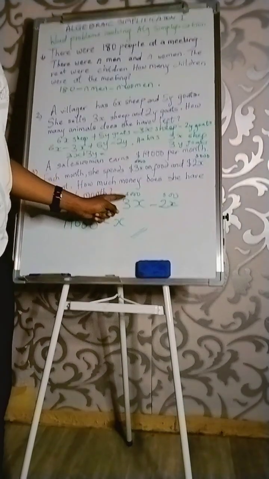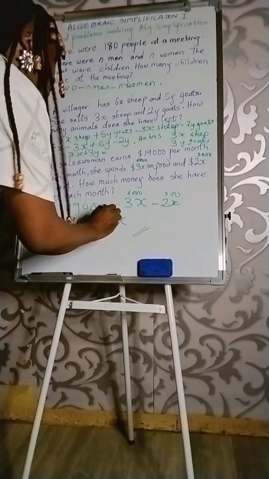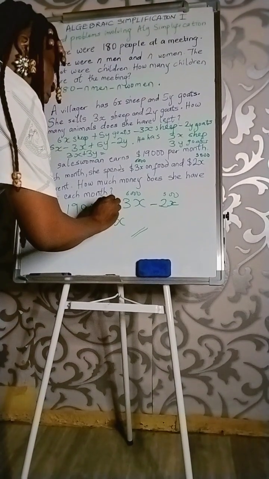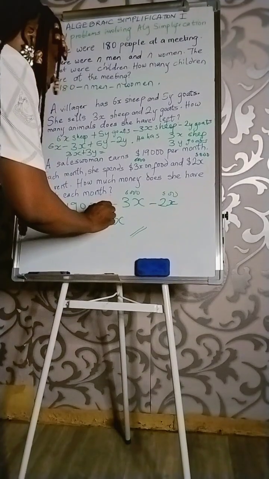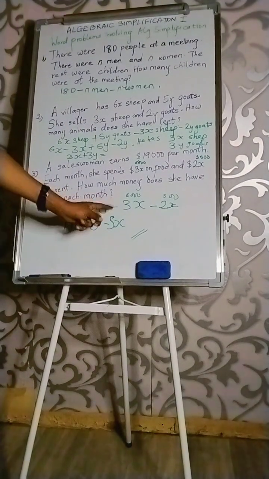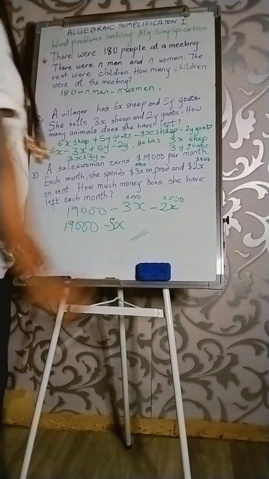Minus 6,000 minus 5,000. When there is the same sign, you add, but you still put the negative sign. I made a mistake earlier. So minus 6,000 minus 5,000